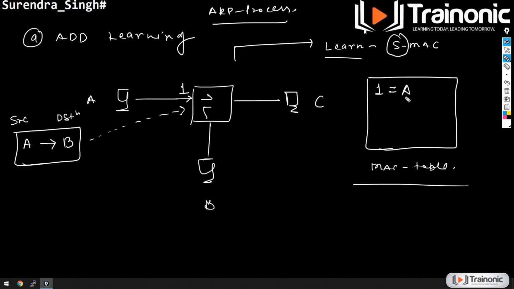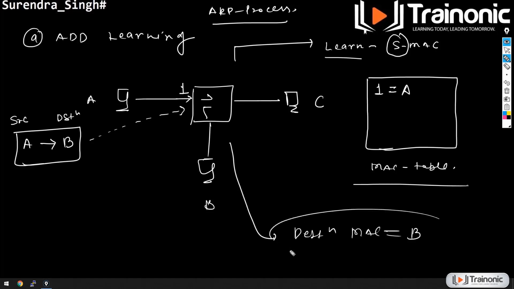Now, once it has learned the source MAC address, it will look up the destination MAC address, because based on the destination MAC address, the switch has to do the frame forwarding. The destination MAC address is B, so the switch will now look up if there is any information in the MAC table about how to reach that destination MAC address.